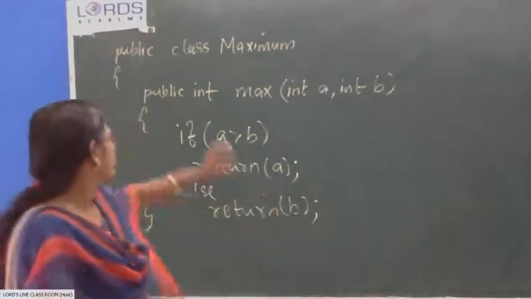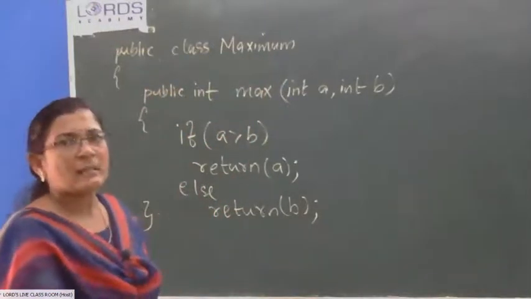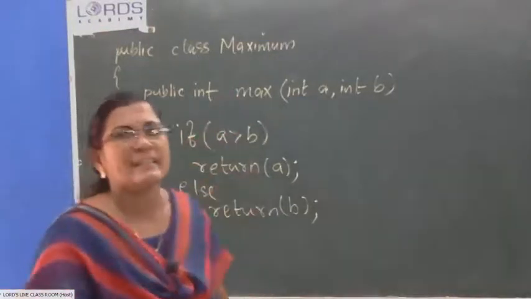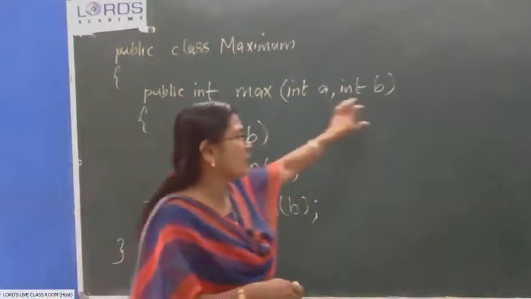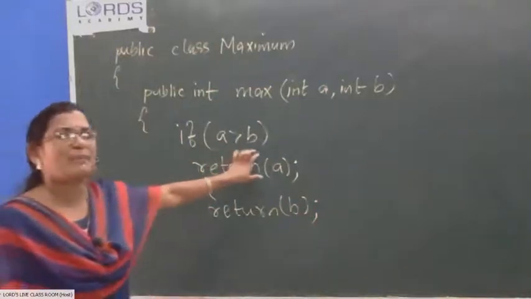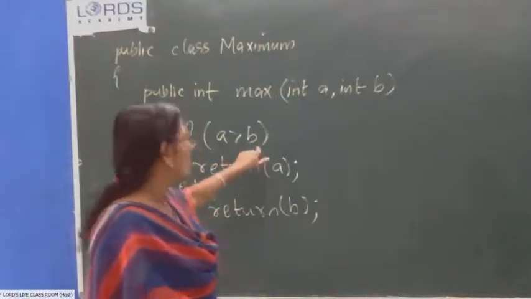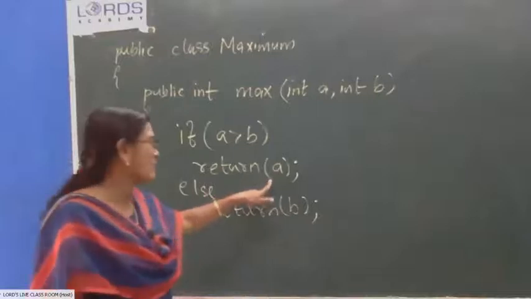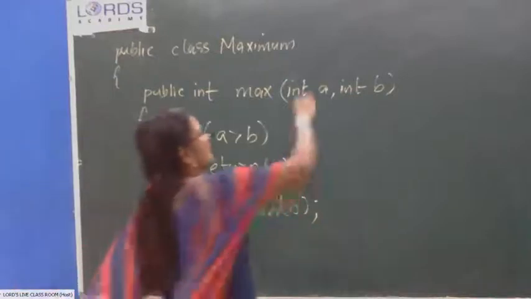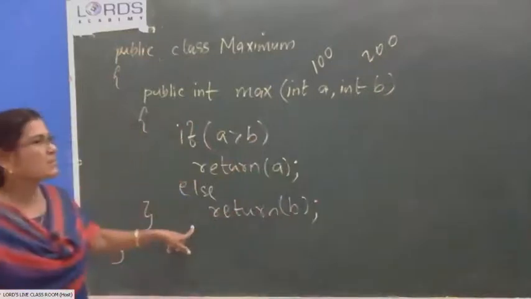Look at this. Public class Maximum, a class written to find the maximum of any two given numbers. The method's name is max. It gives you back an integer value. It accepts two integer values and stores them in a and b. In the method's body, we have written an if clause. If a is greater than b, a is the bigger of the two, so return the value of a as the maximum value. Otherwise, return the value of b as the maximum value. Okay. So imagine that the two values 100 and 200 are passed to these variables when this method is invoked.